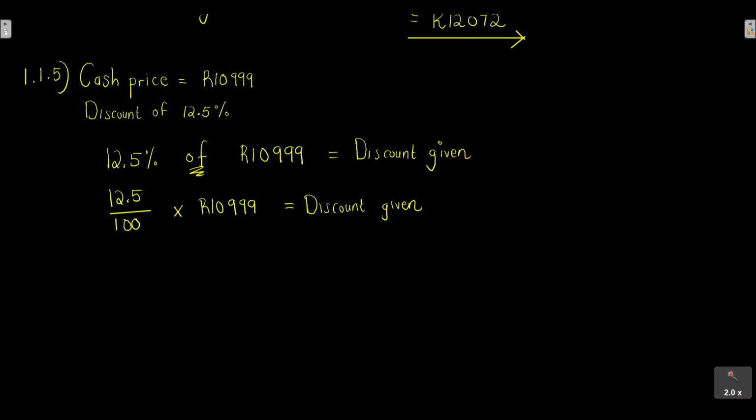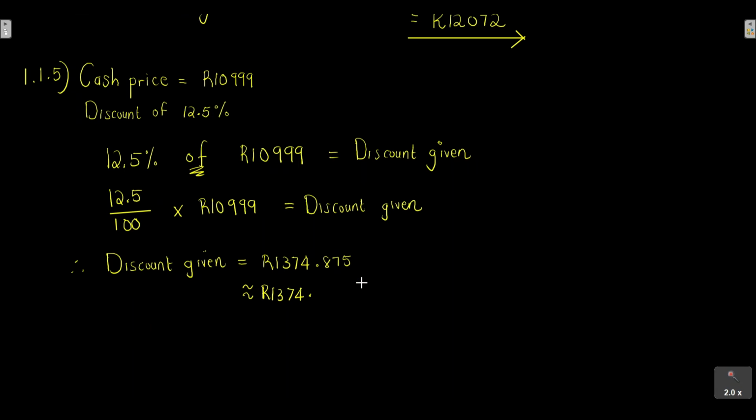So if you take 12.5 divided by 100 multiplied by 10,999, what do you get? You'll get that if you decide to buy this generator cash, you'll be given a discount of 1,374 rand 0.875 cents. And guys, when you're dealing with money, you just need to round this off to 2 decimal places. So this is approximately equal to